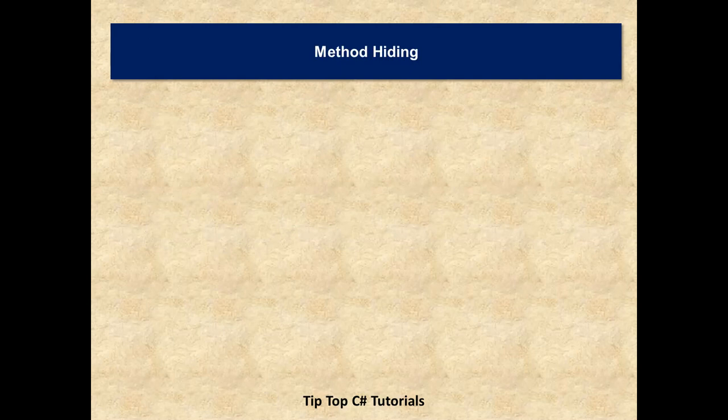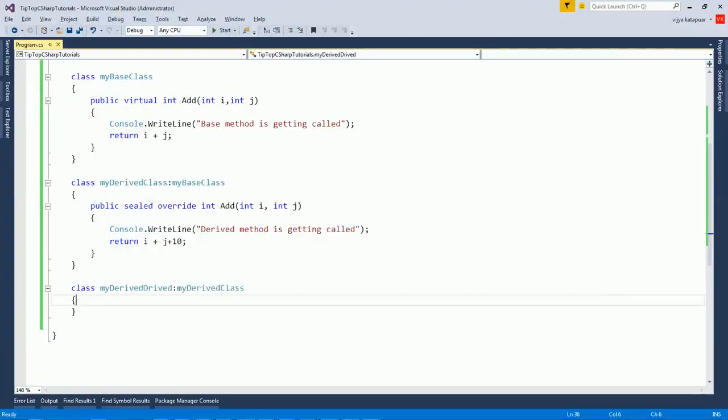Now we have understood dynamic polymorphism and static polymorphism. Let's try to understand one more behavior, that is method hiding. How do I override a method, or have my own unique implementation, where the base class does not provide the virtual keyword?